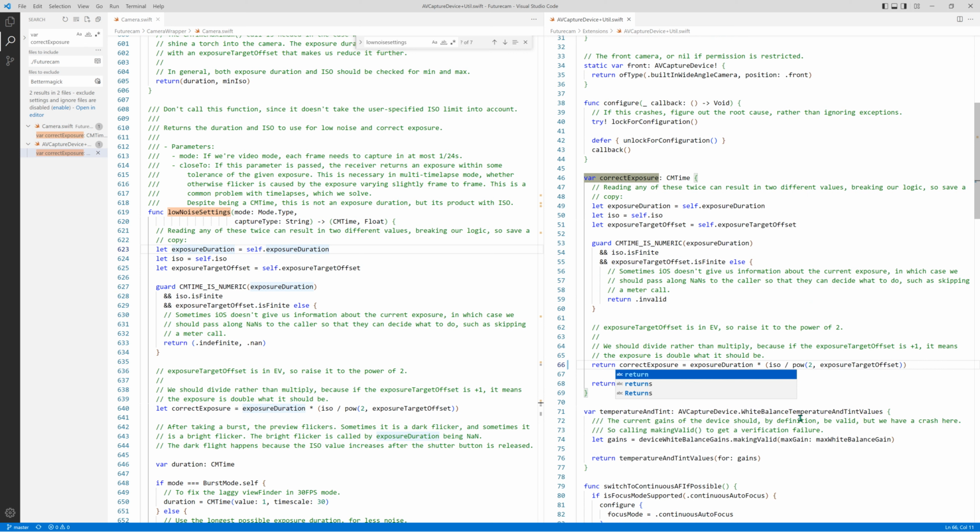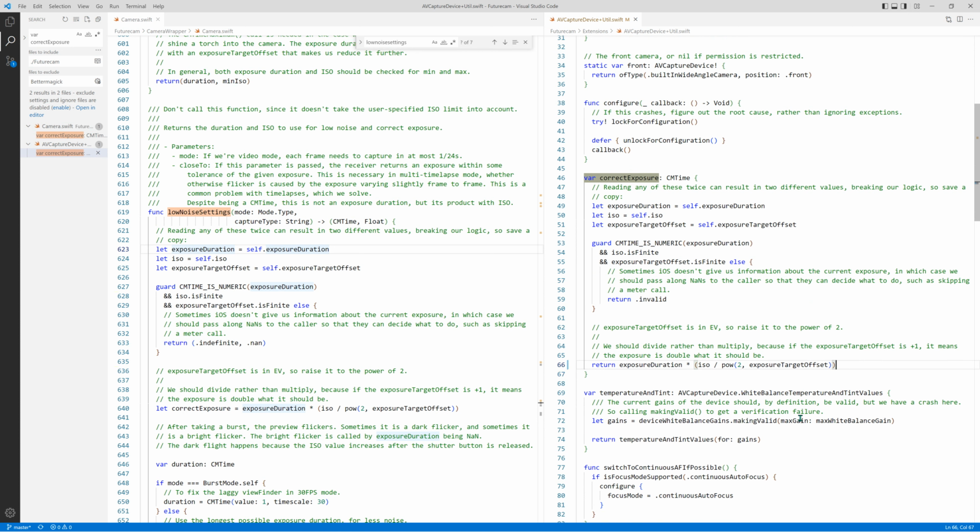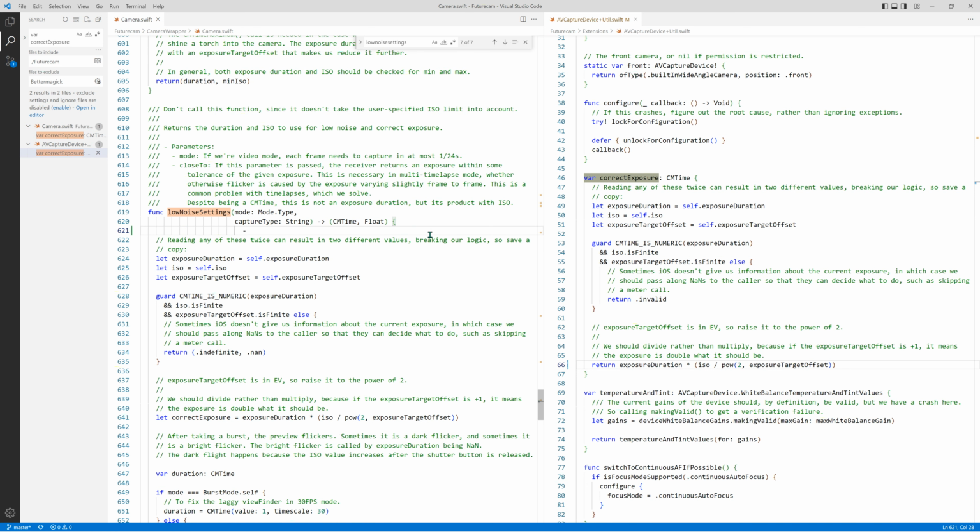In fact, this can be simplified. Yeah, so what we are going to do is